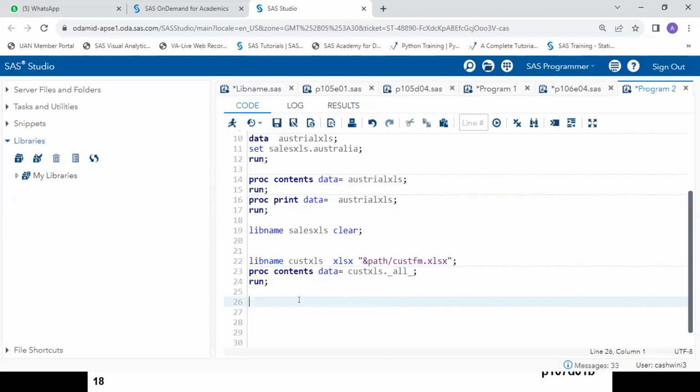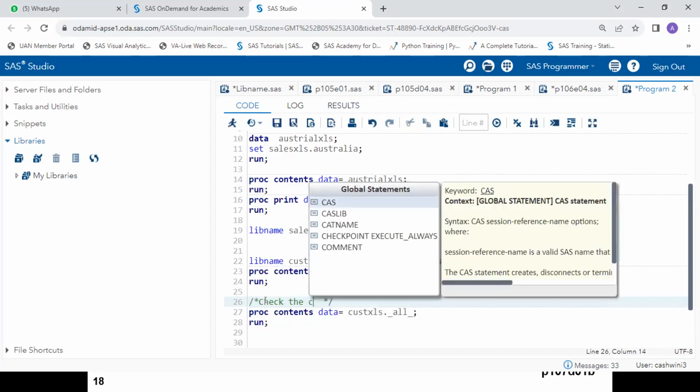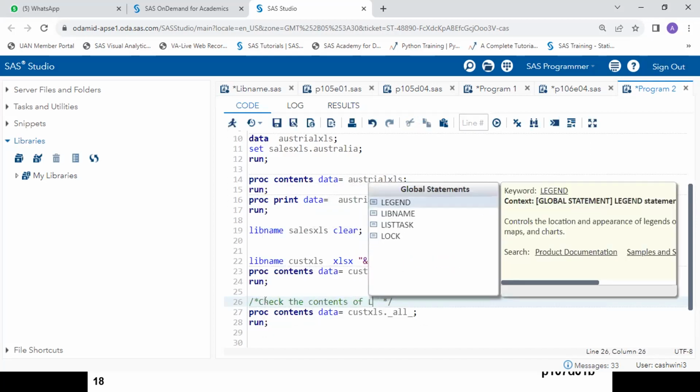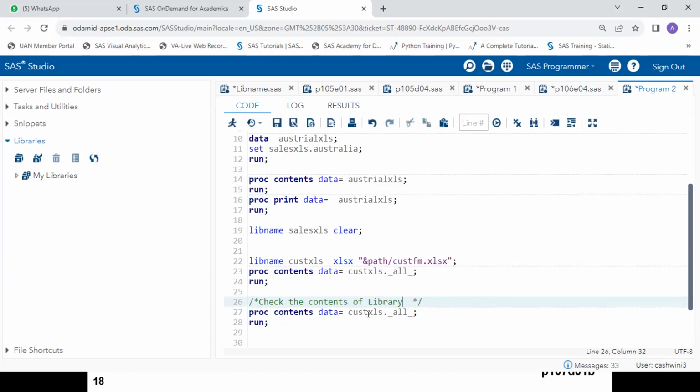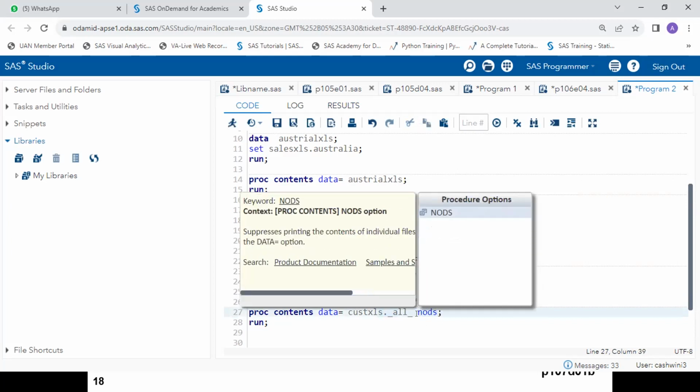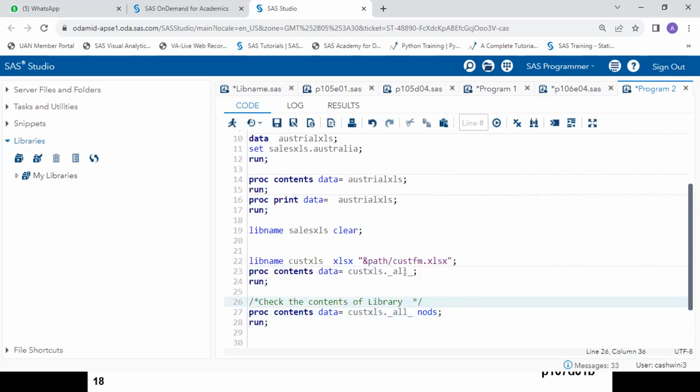For you, I'm showing you in a different code where I give it a comment telling what this code is doing. So this code is to check the contents of library. Along with this, I use an option called NODS. So what does this NODS do? It suppresses printing the contents of individual files. By default, I see the contents of each individual file, but here I am suppressing